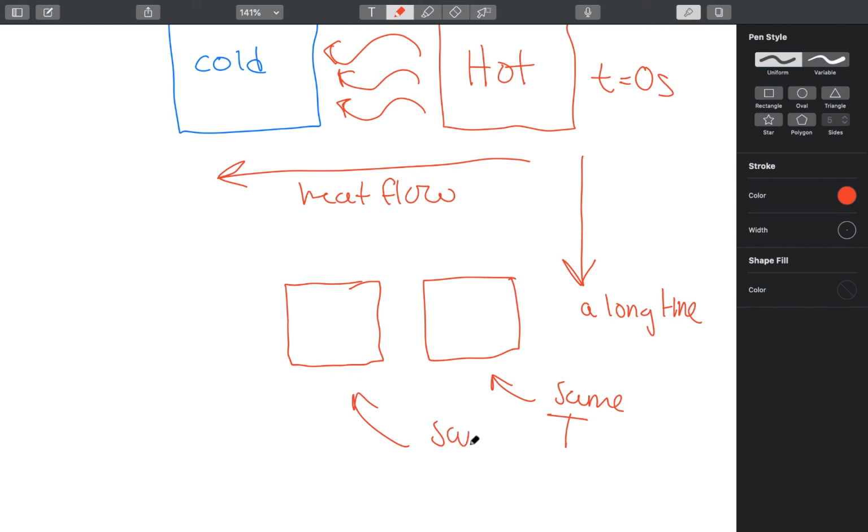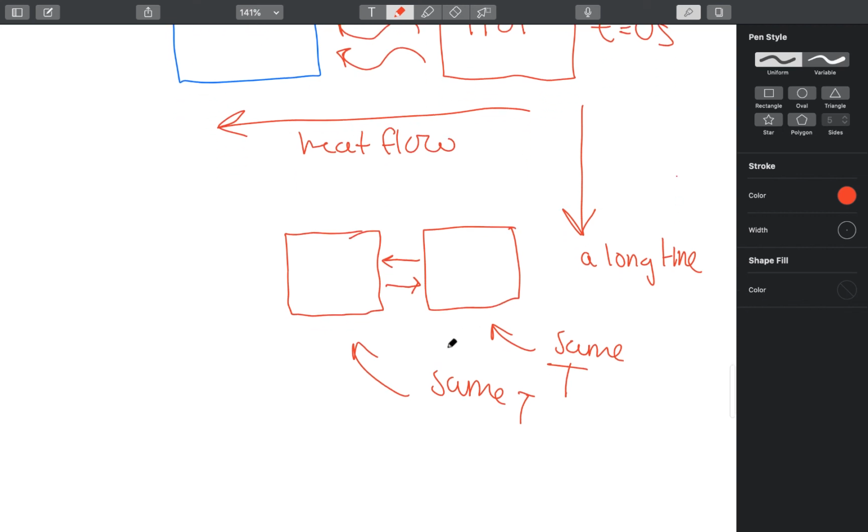So what is happening with the heat here? Well, the heat is actually in thermal equilibrium. So heat is flowing from this object to this object. Heat is also flowing from this object to this object. So basically, let's just say this is A and B,